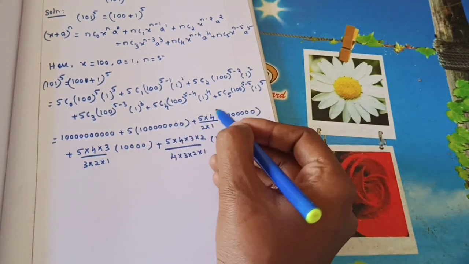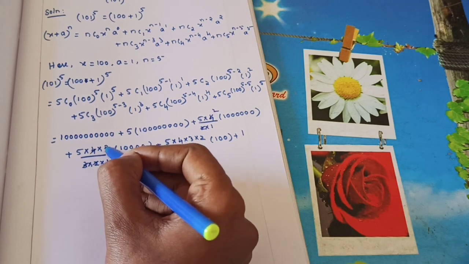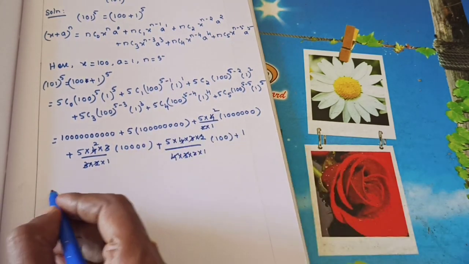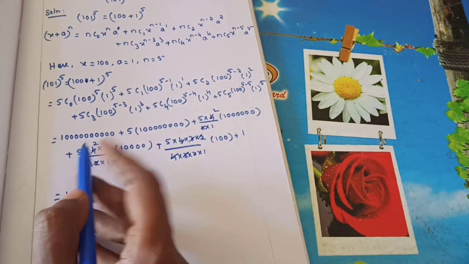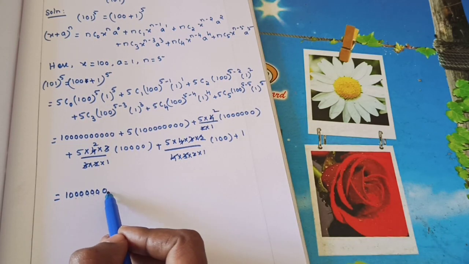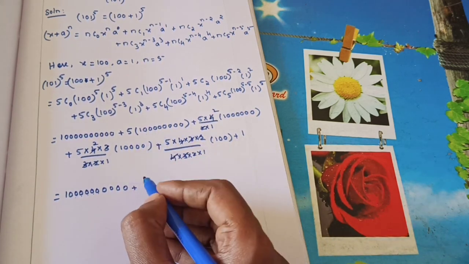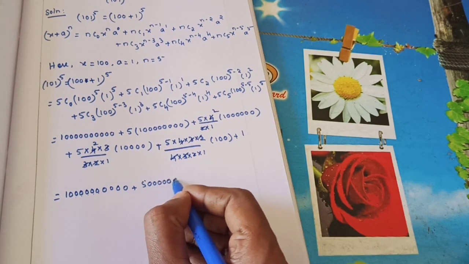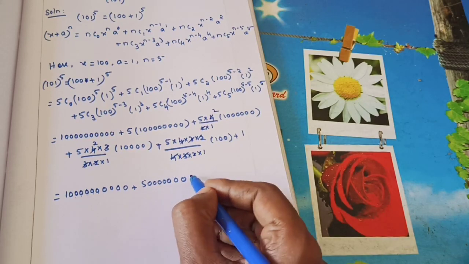So totally 1. Simplify. This and this will get cancelled. Here 3 and this one will get cancelled. So 2. Here 4, 3, 2, everything will get cancelled. So simplify. So 1, 2, 3, 4, 5, 6. So totally how many zeros? 10 zeros. 1, 2, 3, 4, 5, 6, 7, 8, 9, 10. Then 5 into this one. Okay, so multiply. 1, 2, 3, 4, 5, 6, 7, 8 zeros. Is it right?